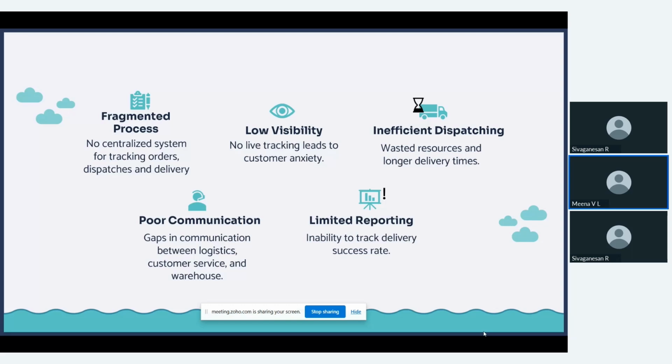And inefficient dispatching, so say goods are marked as ready to dispatch, but then no one has communicated it to the logistics team to come and pick it up, right? When you mark it as ready to dispatch, it should go immediately, otherwise you can lose or face delays. So there is some inefficient dispatching there. And as I said, only one person gets to know about the update, who's talking to the respective team members, but the other team members are not getting the update. So there are gaps in the communication.